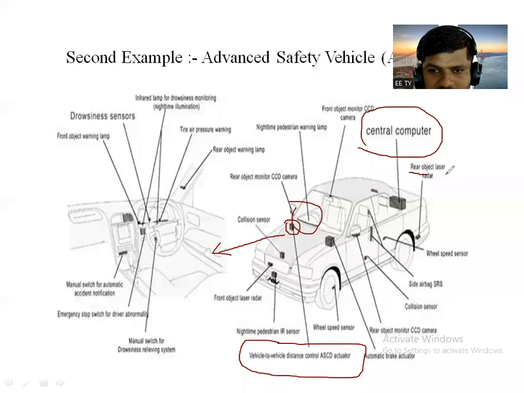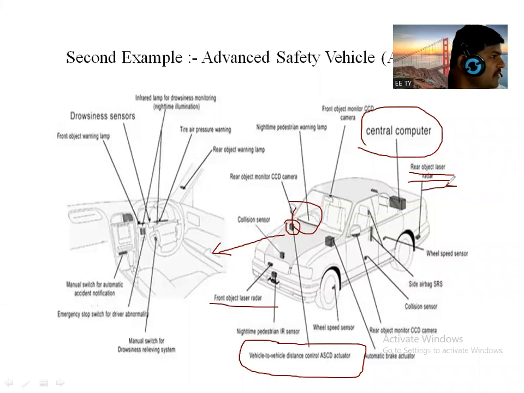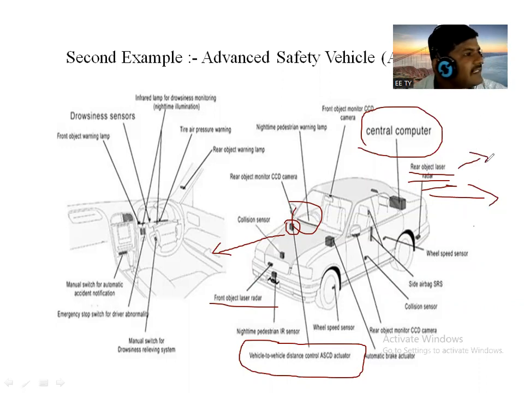Again, here it is a rear object laser radar type of sensor. This is the front object, this one is the rear object, that means if some object comes near, on this side, or it may be on the back side, or any side, opposite side, right hand side or left hand side, it will also sense it. Some display can be provided, or it will be displayed in front of the driver. Again, it will also give a command to the actuator from the safety point of view.